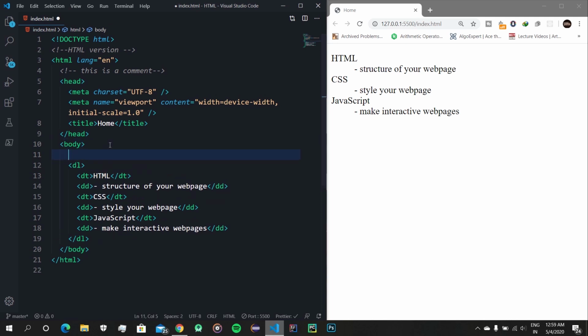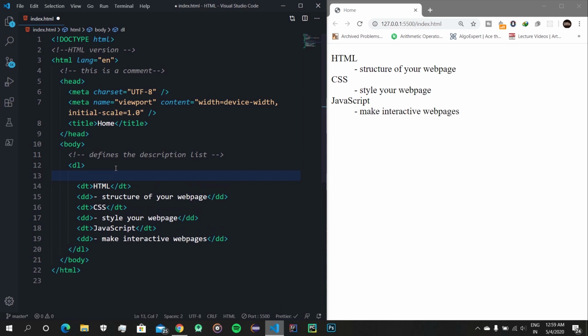So the DL tag, let me just write comments for each one of them, and the shortcut for that will be Ctrl+/. So this DL tag defines the description list. So whenever you put this DL, it will mark the beginning of your description list. The DT tag here will define the items of your list.